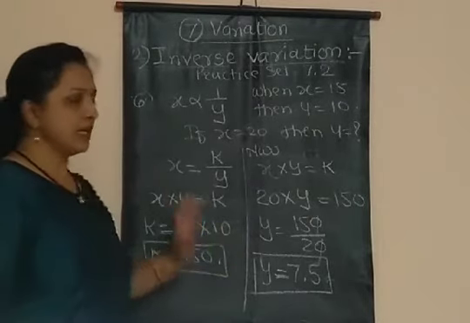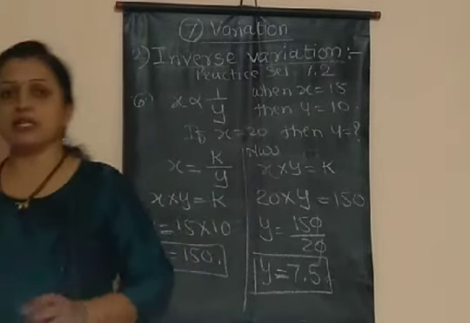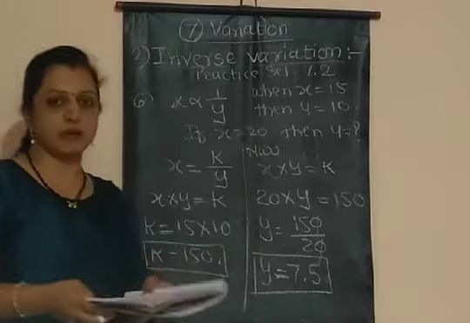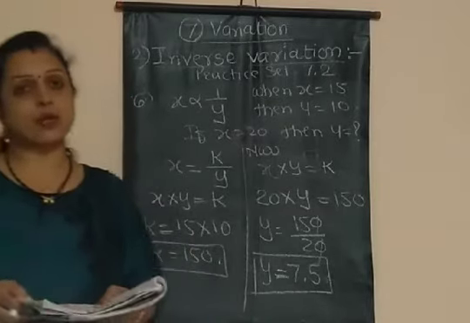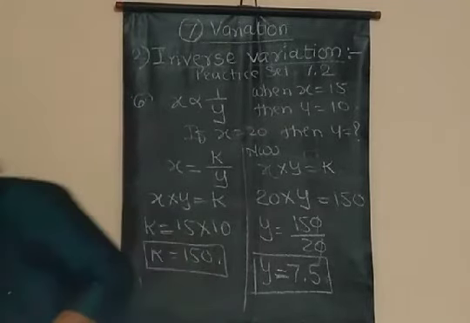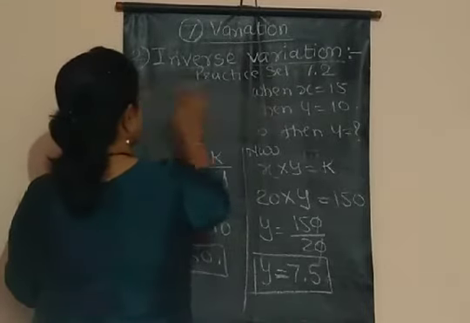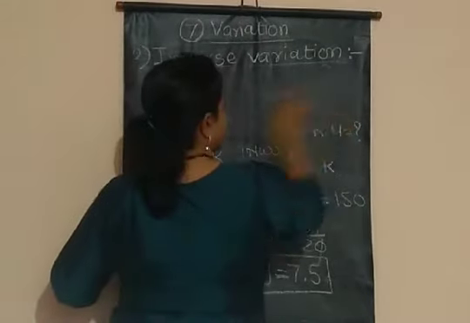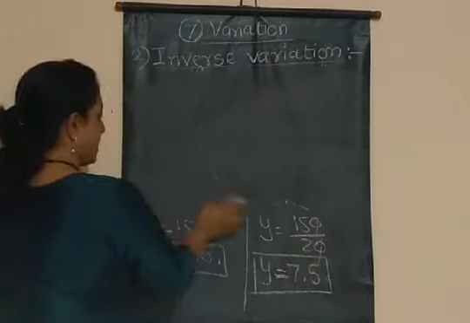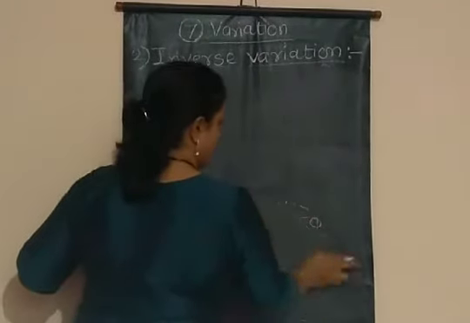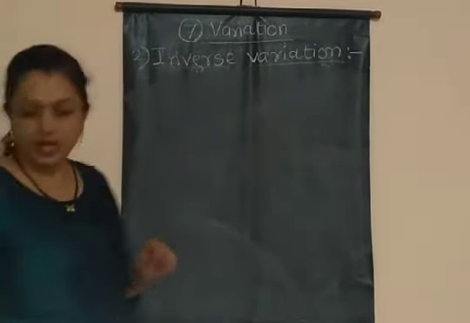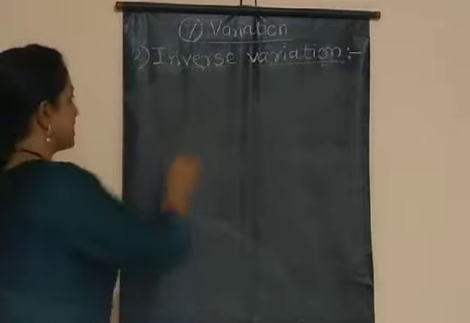It's very simple. By a simple method you can solve such types of examples. And now the next topic that we have to study is time, work and speed. So solve all these numericals from that practice set in your notebook. And now give the new heading, that is time, work and speed.